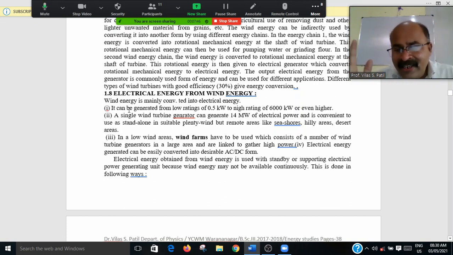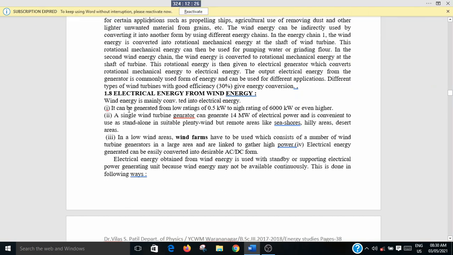In all these areas the wind speed is very high throughout the year, that is 24 into 7 into 12 months it will be very high speed, and there we can convert the high wind energy into electrical energy. In low wind areas the wind farms have to be used. In low wind areas we have to use the wind farms. Wind farms means there are the